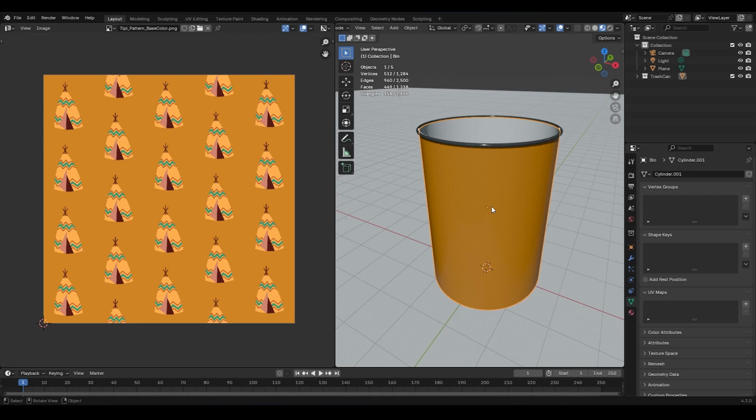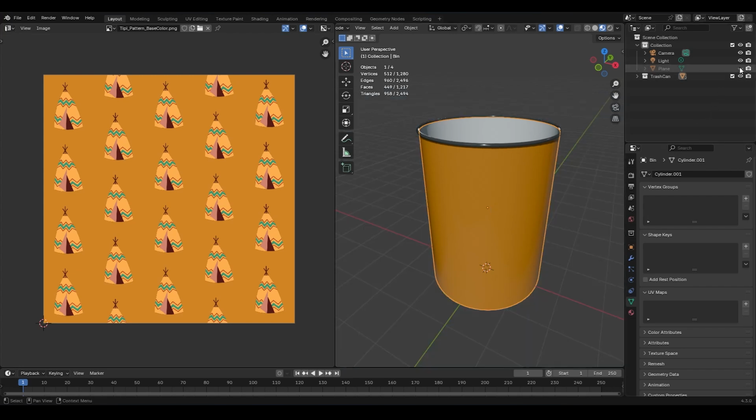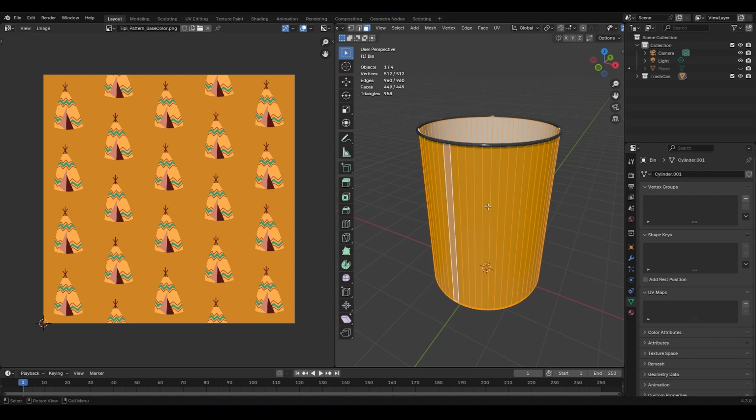The first step is to figure out how to mark seams and then unwrap the object. Without marking seams, unwrapping won't give us good results. Let's first try unwrapping without marking seams to see what happens. To make things easier, I'll temporarily hide the plain object. Alright, to unwrap, first you need to select the faces you want to unwrap. To do that, I'm going to press Tab to go back to edit mode and then press A to select